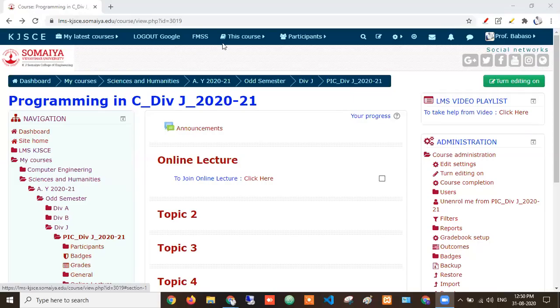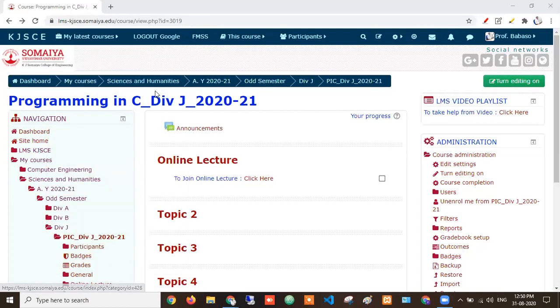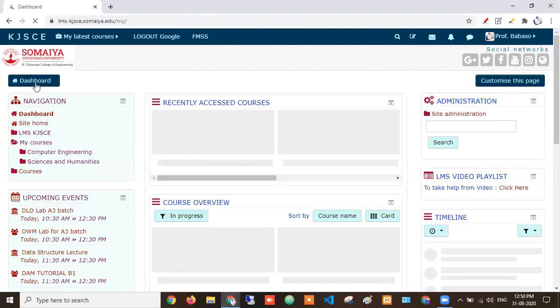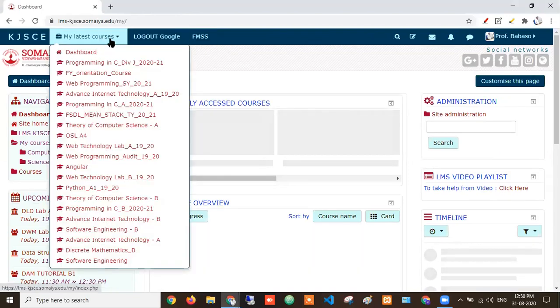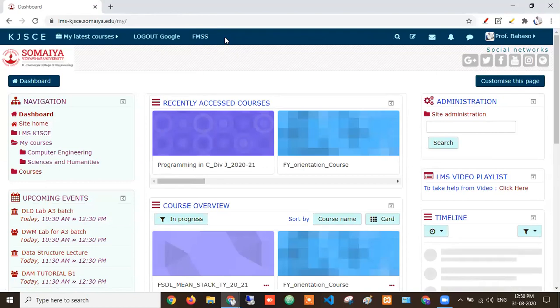I have one query. This blue panel which we are getting along with our name on LMS, where my latest course, logout, Google, all those things are there. Can we add something which we frequently use there? No, ma'am, this is site administrator rights. If we want quick access to any of the things, what is the way where we can quickly go to that thing?